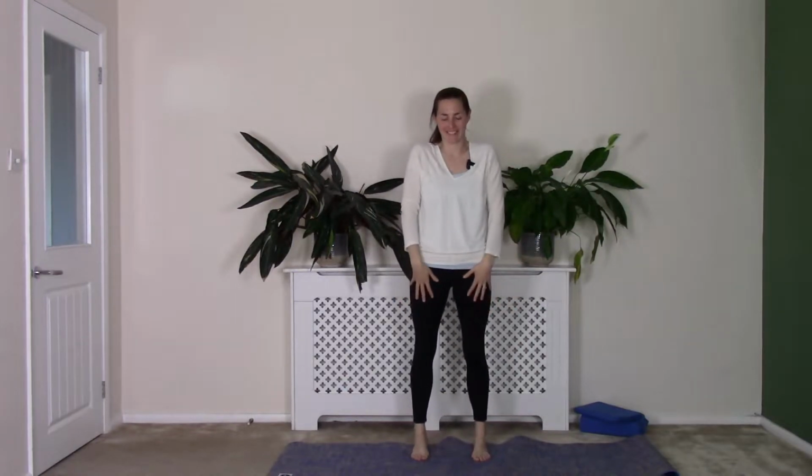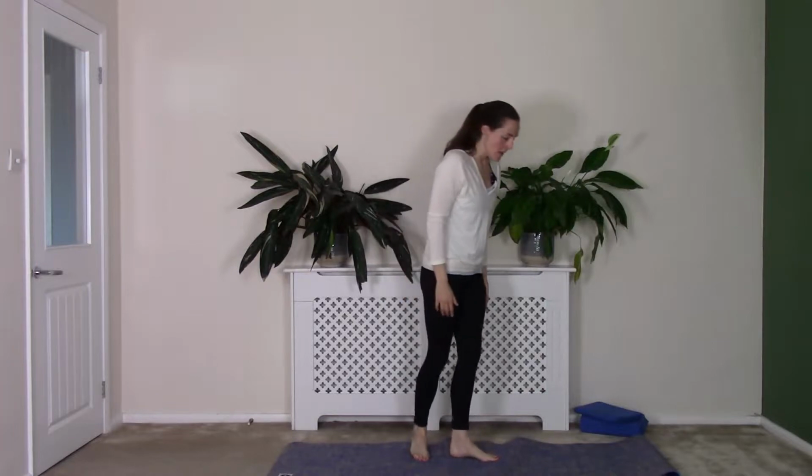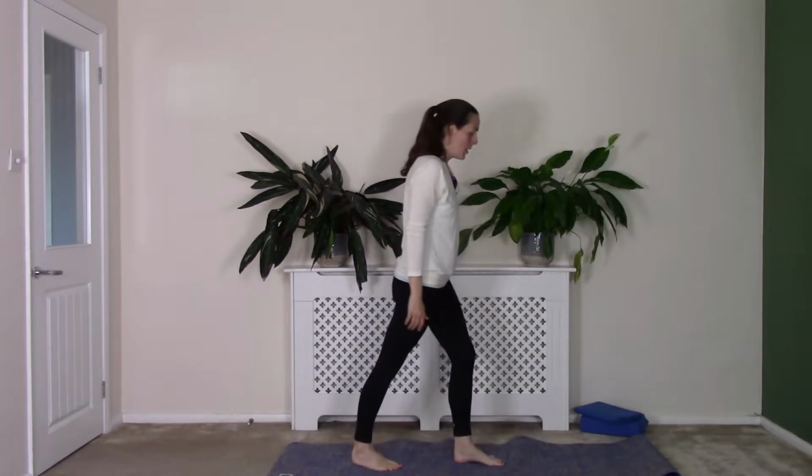Drop down, up on those toes, coming up and lowering. Good. Last few, reaching up and down. Well done. Drop down, up on those toes, lifting up and down. Let's do one last one. Drop down, up on those toes, extending and down. Well done, relaxing there. Okay, so I'm just going to come just with one leg forward and one leg back